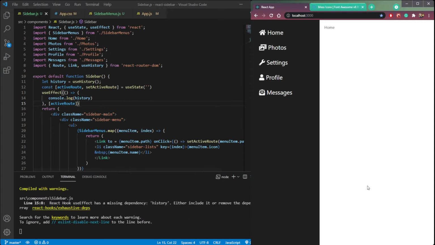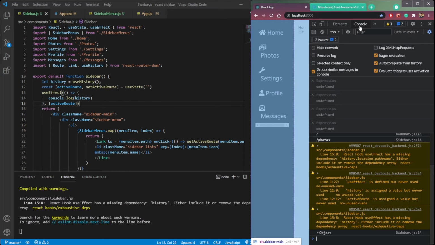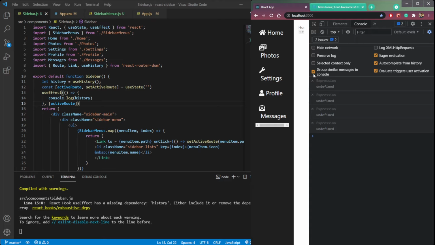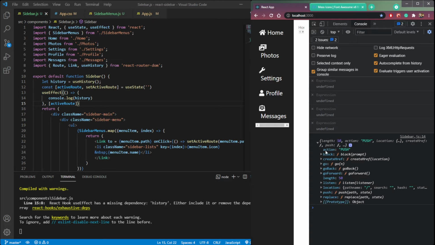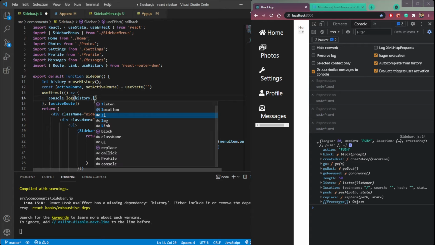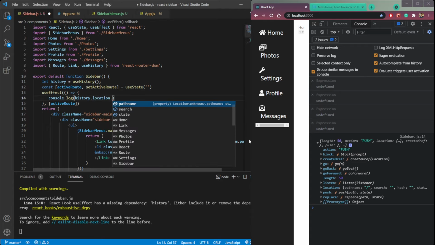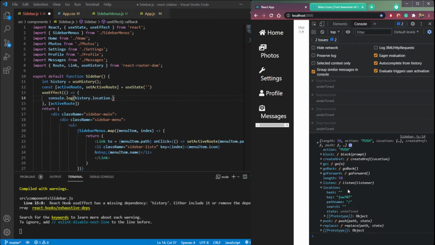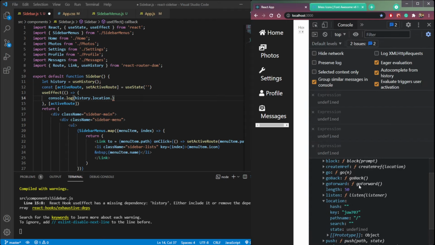So save the file and inspect, open console, clear the console, click home. We can see we are getting our history as this object. So history.location, and then go into location, click here, let's make it larger, and then pathname.